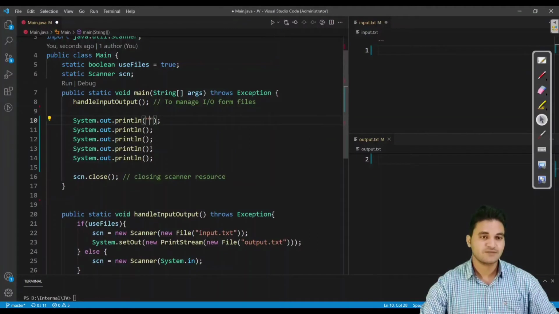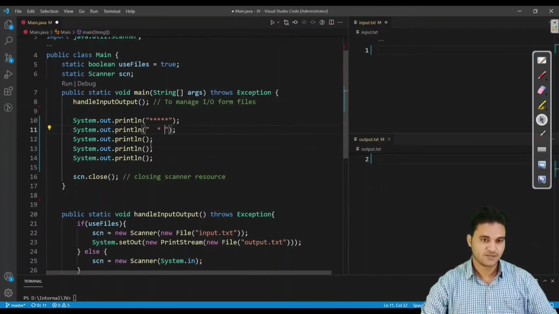So in the first statement, we would be printing 5 stars, as you can see, and in the second one we would be printing only 1 star after 3 spaces and 1 space after printing the star. Same goes here also.